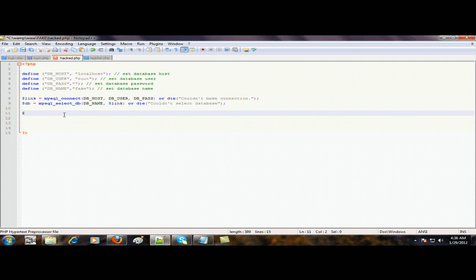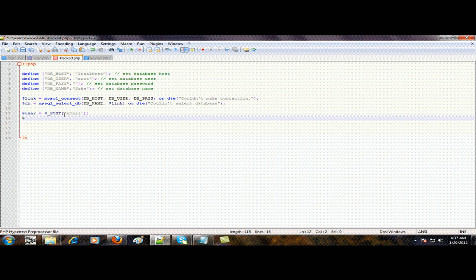So we will name it user is equal to $_POST, and the name was email, and another variable will be the password value. We'll name it pass, $_POST, and it was pass. The field name was pass, if you remember, in login.php.